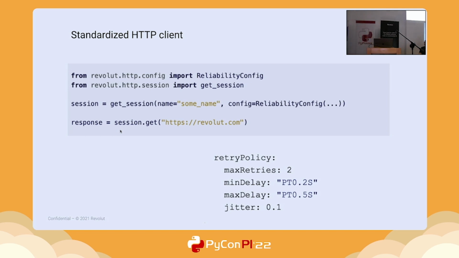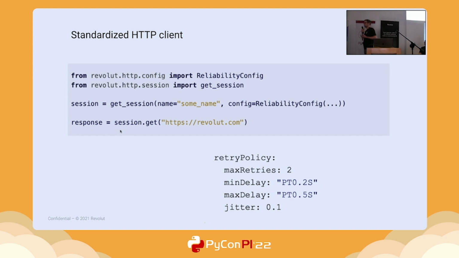In case of HTTP clients, in most cases, we probably rely on the requests library. Do you know it? Have you ever used it? Is anyone here who hasn't used it? I guess not. Maybe if you haven't used it explicitly, there's a big chance that the tools or libraries you were using were using it as well. It's one of the most popular Python libraries available, and we also make use of it.